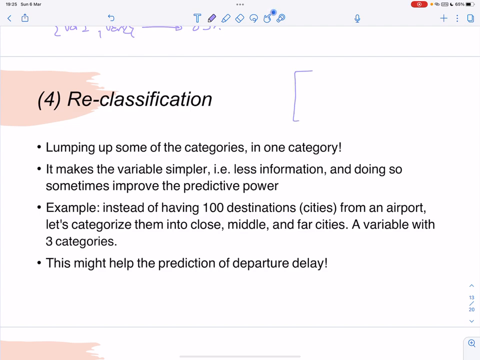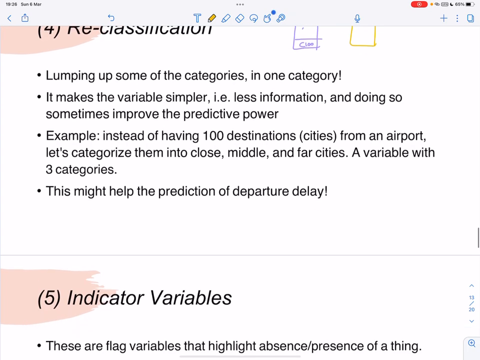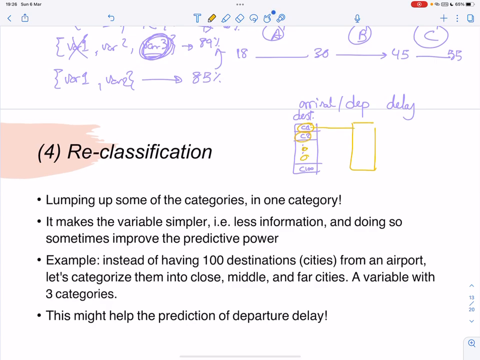So let's say that it is about arrival or departure delay, and these are the destinations. So CD1, CD2, CD1, CD2 to CD100, and we have many flights going to CD1, many flights going to CD2, and so on and so forth. You might define a new variable saying that, okay, CD1 and CD2 and some others are actually very close. So I call them close or